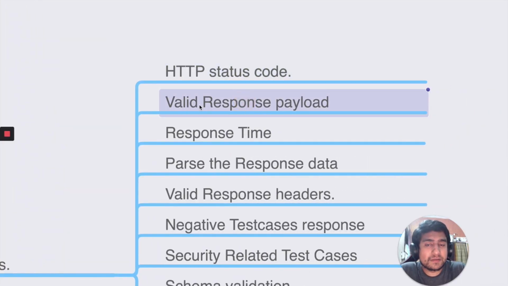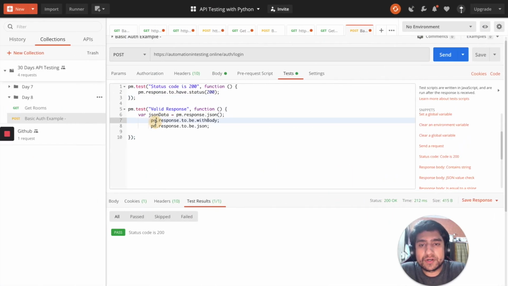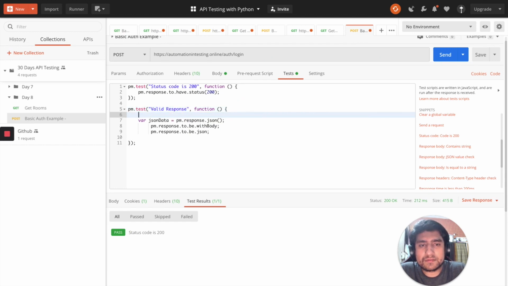The second test case is verifying the valid response payload. Let me put it here. This is again available as a JSON check. I have modified it a little bit, so we are validating the response.